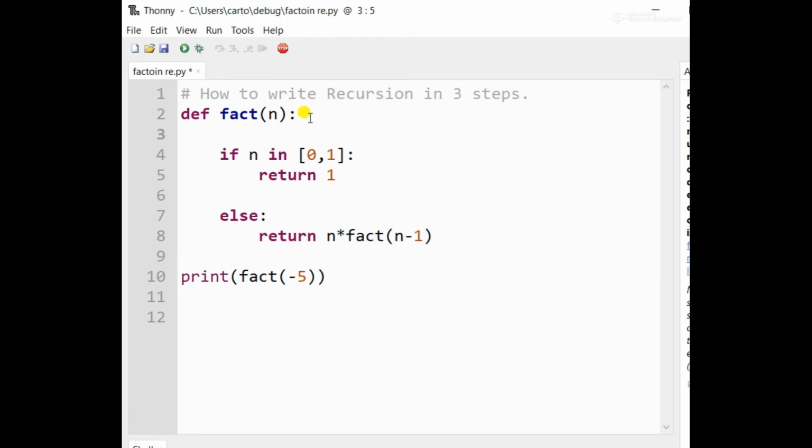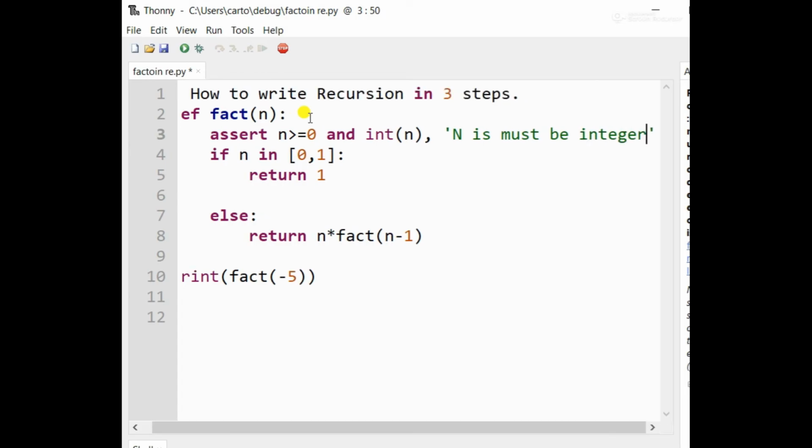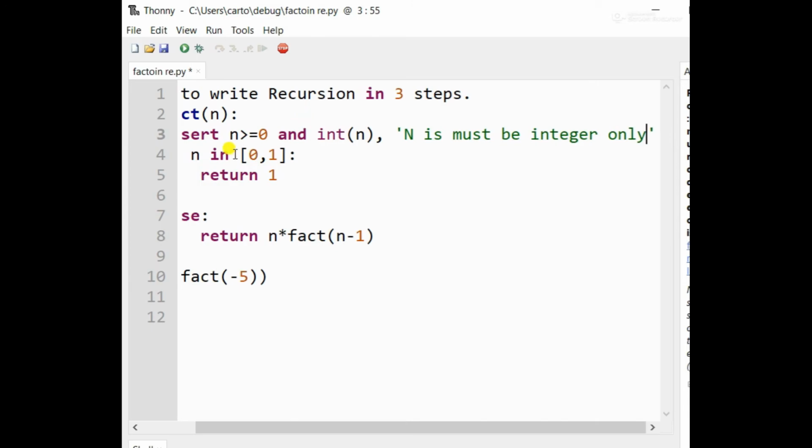So here now again I'm going to print it.